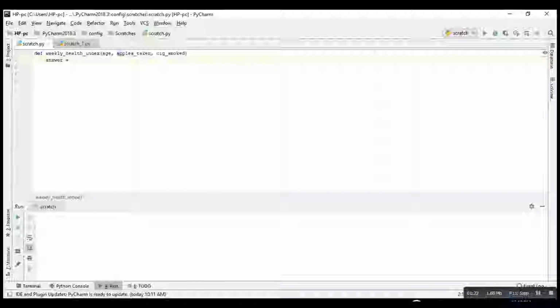We're going to use it like this: it has to be 100 minus age plus apples taken multiplied by 3.5, and minus cigarettes smoked multiplied by 2. Obviously it has ended, I believe. Okay, cigarettes smoked multiplied by 2, and now we're going to print